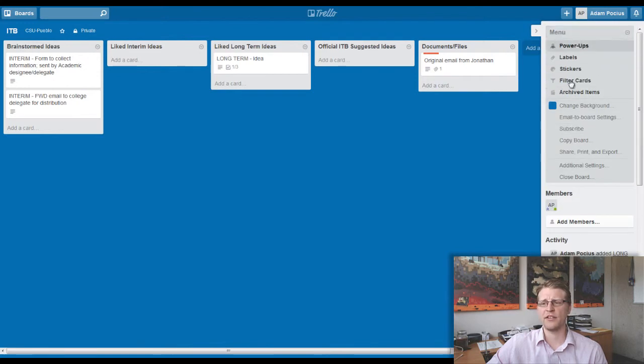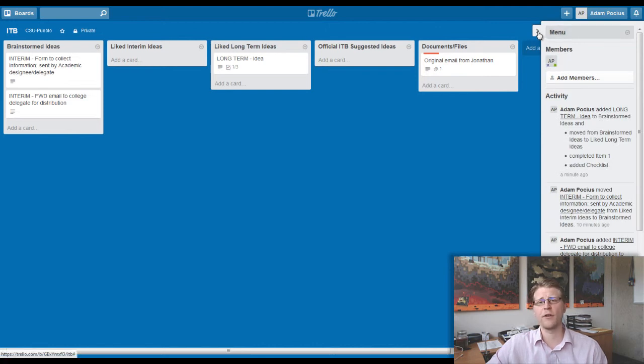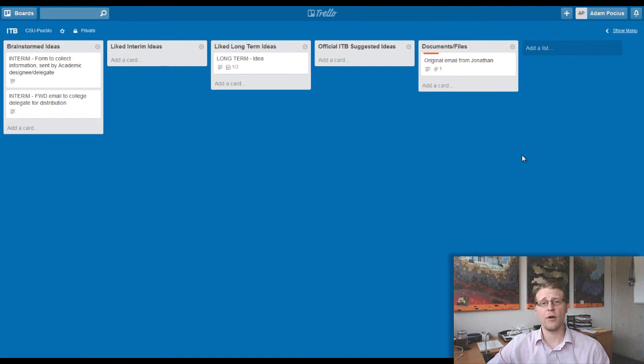And there's a few other things that you can do with your cards as far as filtering them, adding labels, stickers, and things. Now this is the free tier. There's a few things that you can do on the pro tier, but within the free interface, you have a copious amount of abilities to manage a project. So hopefully this is a good introduction as to what can be accomplished in Trello,